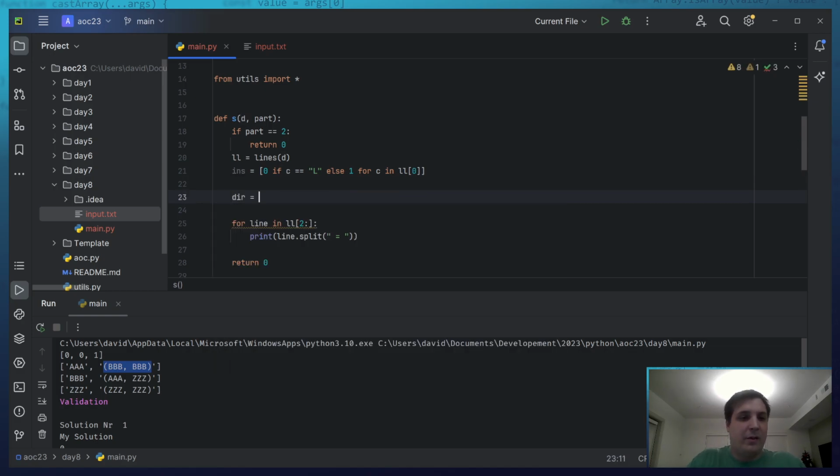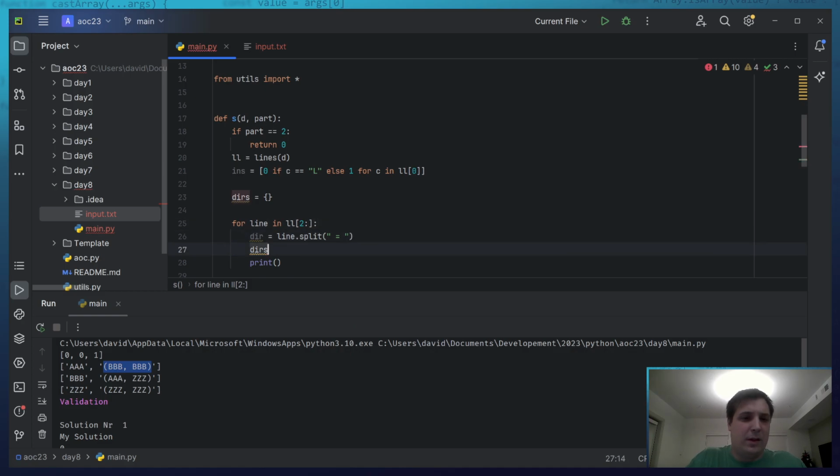Instructions, then we have directions, which is going to be a dictionary. And then we're going to say direction of, let's say, deers. And then deer equals this.